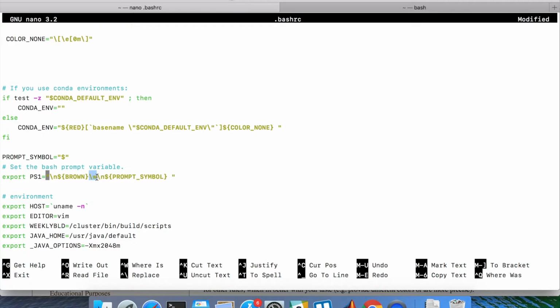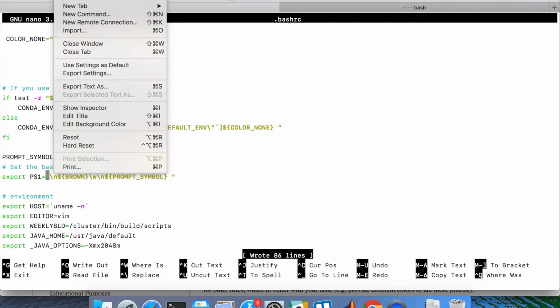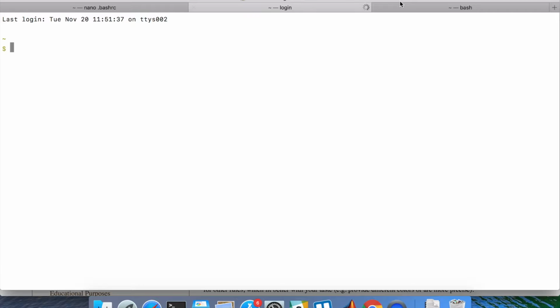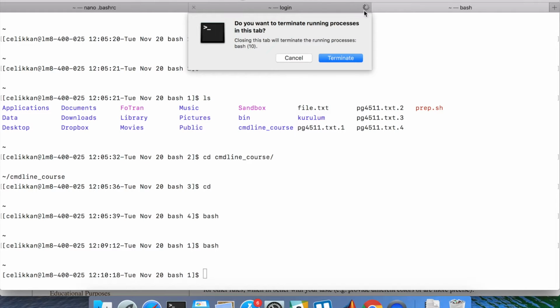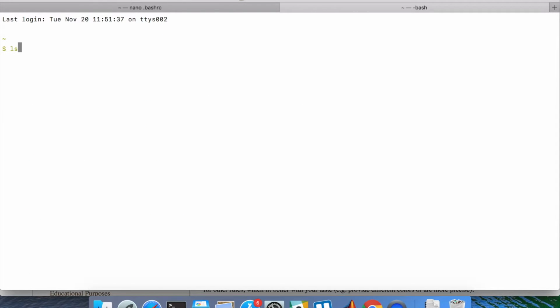It will print out the working directory, put a new line, and put this prompt symbol, which here I have arranged to be this $ sign. So if I write this out, and then if I get a new tab, for example,